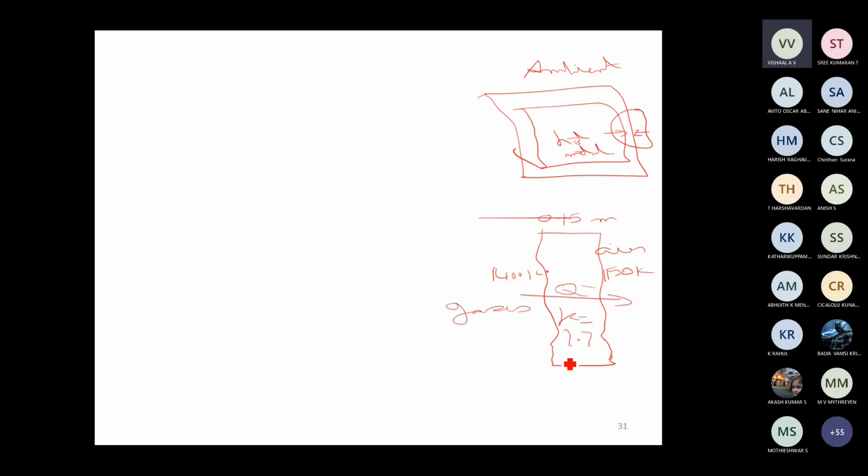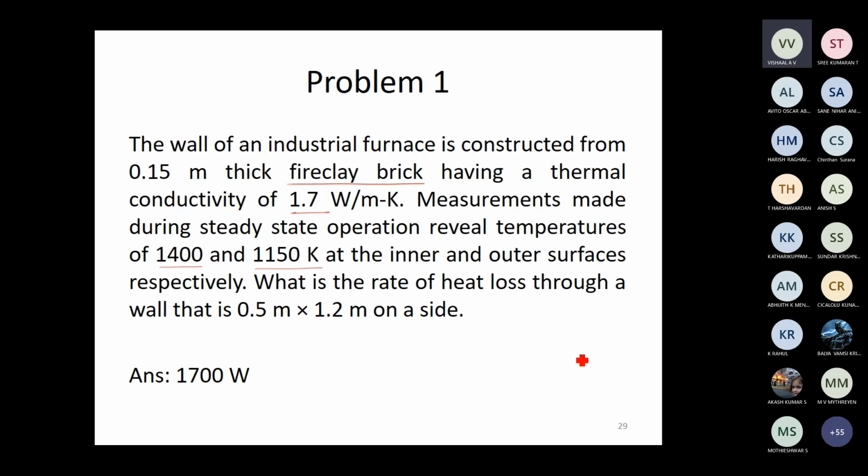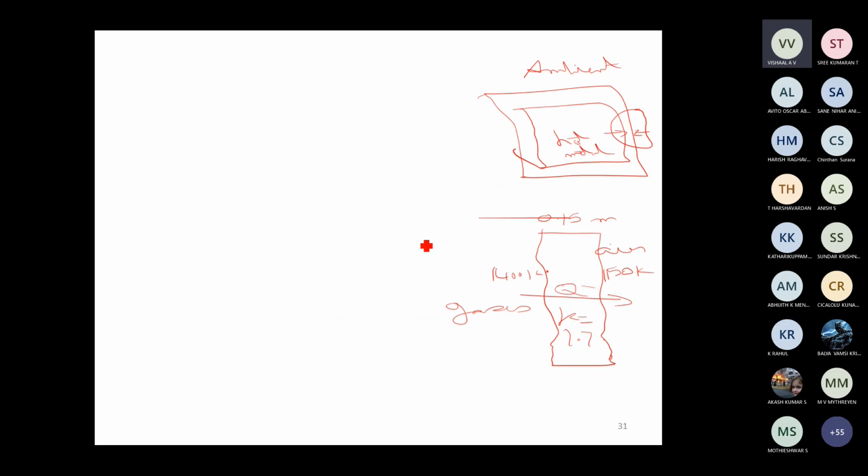Using this, we can try to find the heat transfer. We are also given the area of this wall, 0.5 meters by 1.2 meters. 1.2 meters is the height, and the depth if we measure it is 0.5 meters. Using this information, we can first find the mode of heat transfer. Across this wall alone, the mode of heat transfer is conduction only. So the heat transferred across the wall